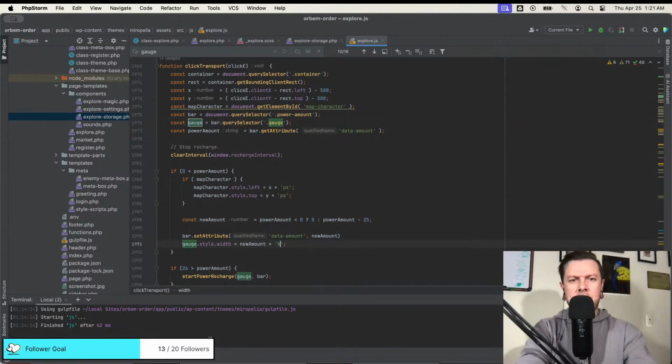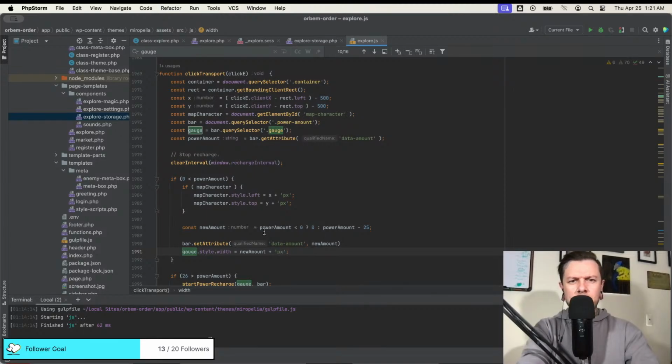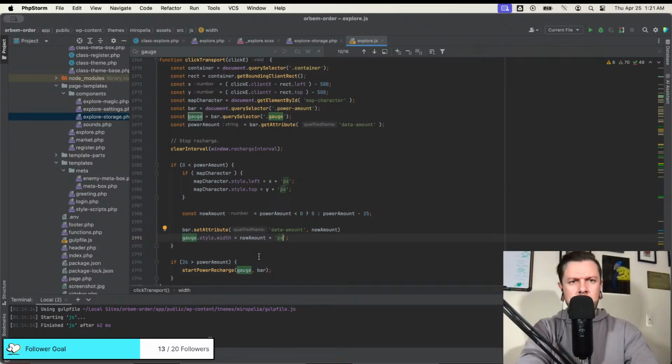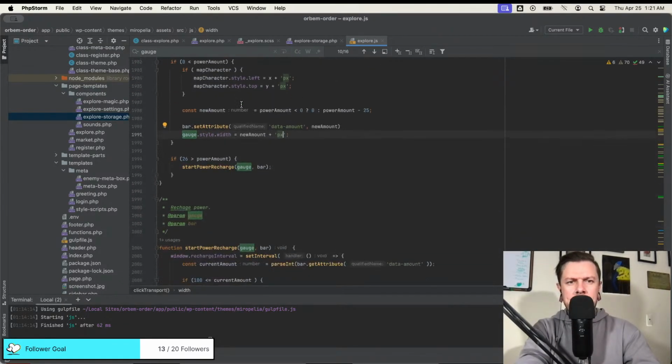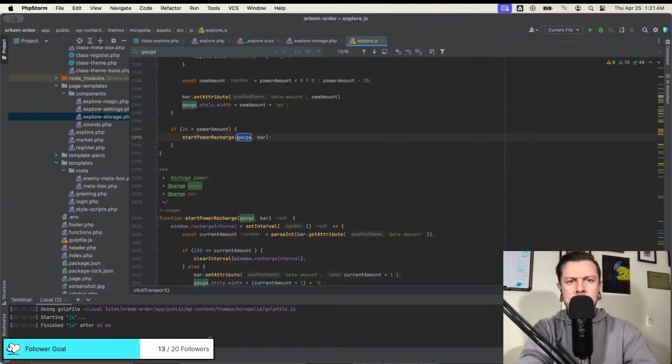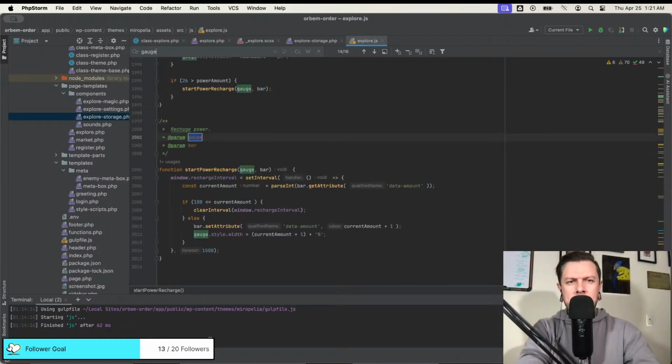So instead of percentage, there's going to be pixels. And wait. Oh, this is for the power. Shoot. Whatever. Power's going to be the same. Okay. So let's go to gauge. Let's change this to pixels.